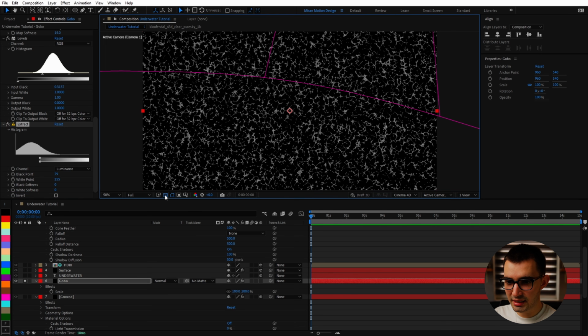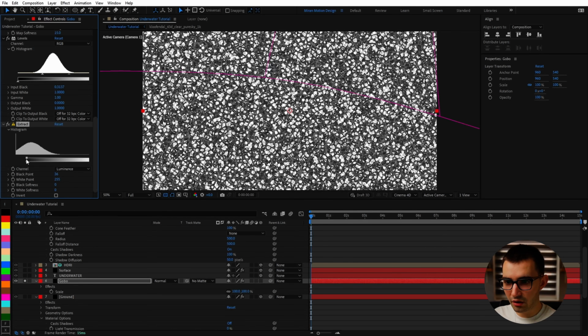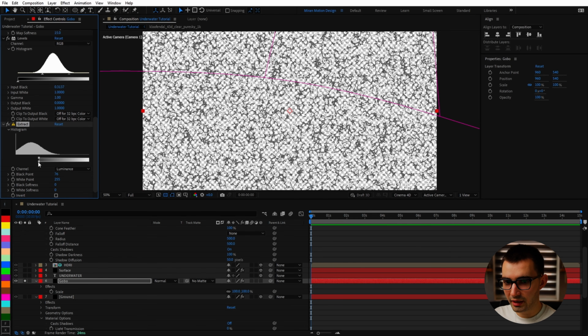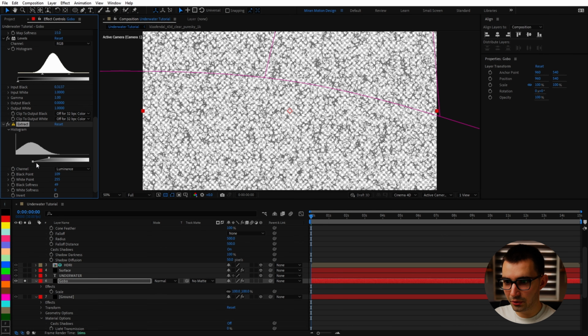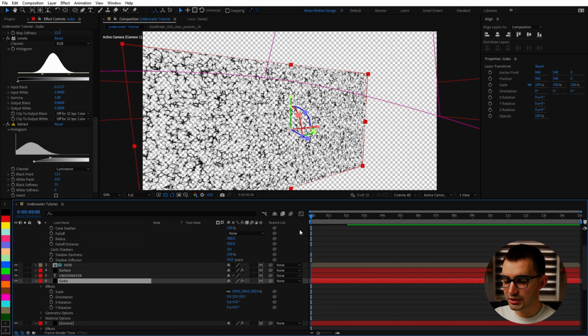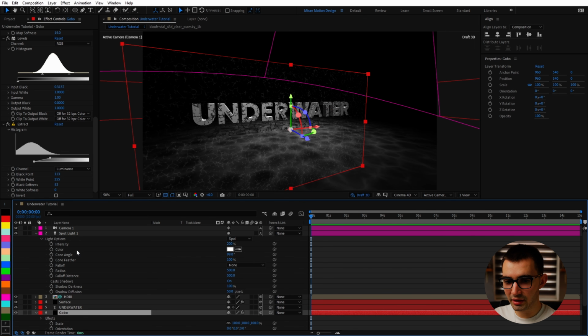And by the way, you can see this if we toggle the transparency grid. So whatever is black, we're cutting it off with the black point threshold, but then we can smooth it out just a little bit by dragging the second point over. And now we can turn this into a 3D layer, unsolo it. And now to quickly and easily put it in the same spot as the spotlight, we can parent it while